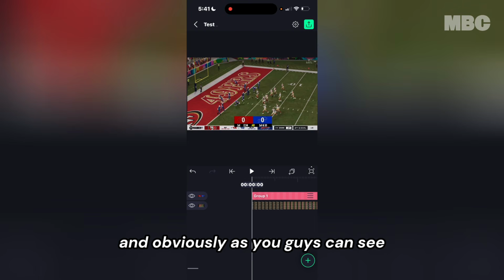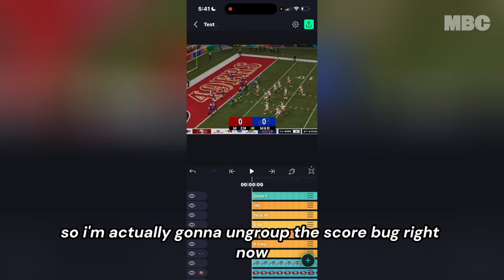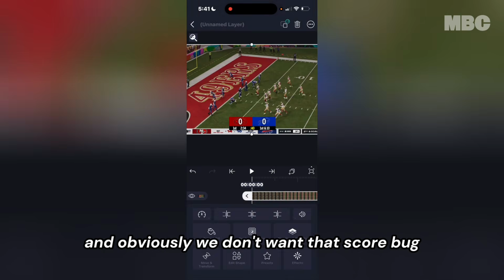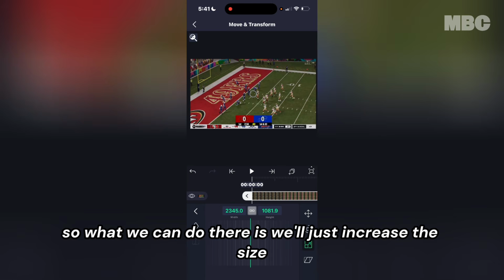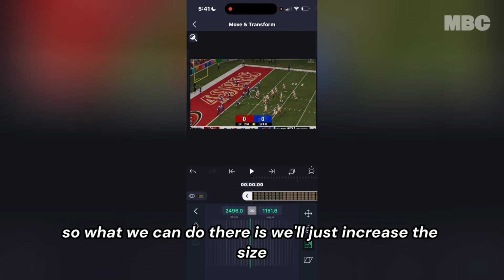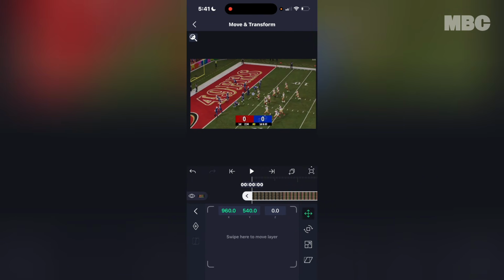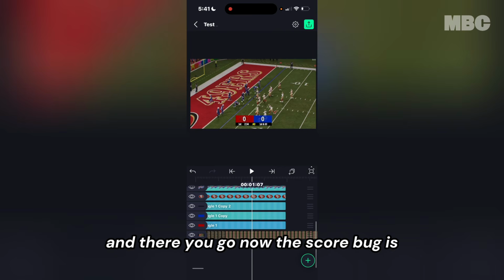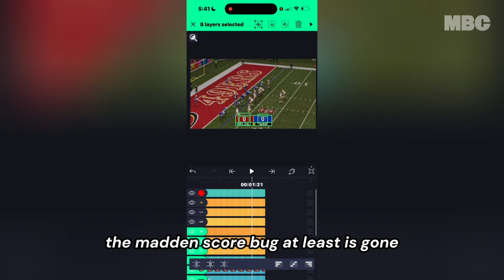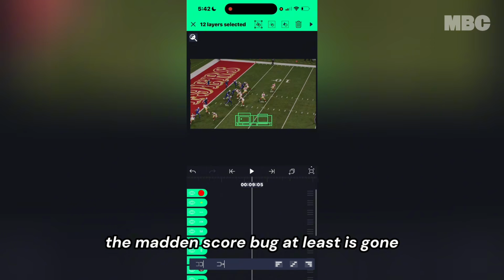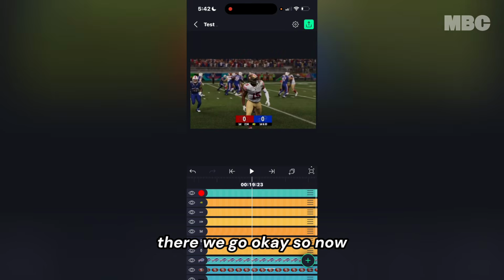And obviously, as you guys can see, the scores and the times are a little bit off, so I'm actually going to ungroup the score bug right now. And obviously, we don't want that score bug, the Madden one in there. So what we can do there is we'll just increase the size, and there you go. Now the Madden score bug at least is gone. And I actually have to extend all these assets. There we go. Okay, so now